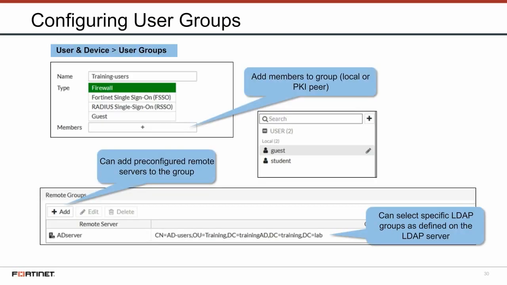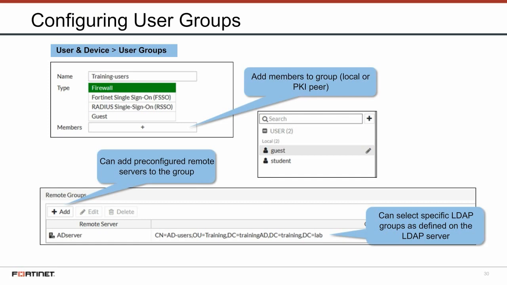You can configure user groups on the User Group page. You must specify the user group type and add users to the group. Depending on the group you create, different configurations are required. For the firewall user group, for example, members can consist of local users, PKI peer users, and users from one or more remote